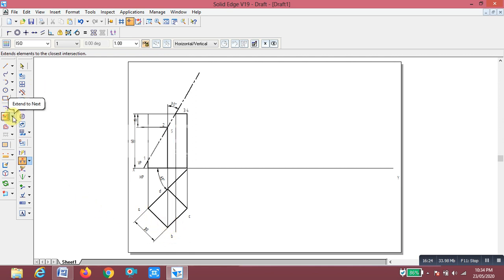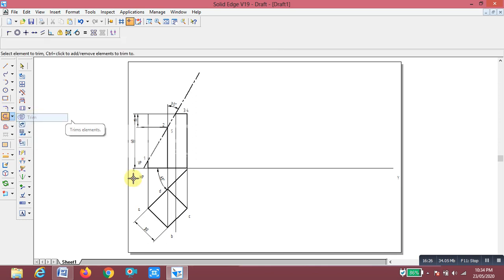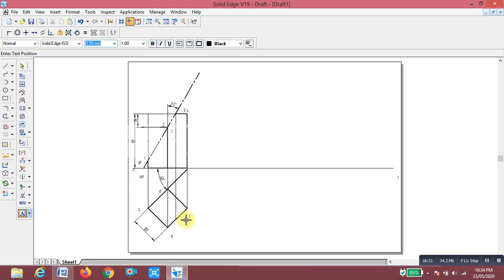Write the text, here it is point 1, this point is 2, 3, and this is point 4, and this point as 5, again come to 1. Now we are going to draw the development of this.